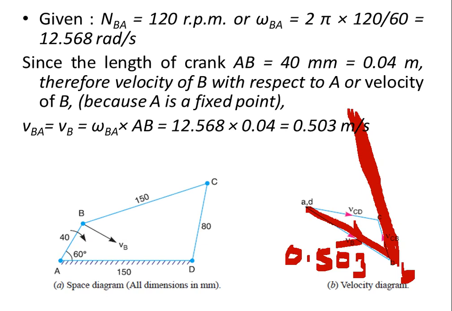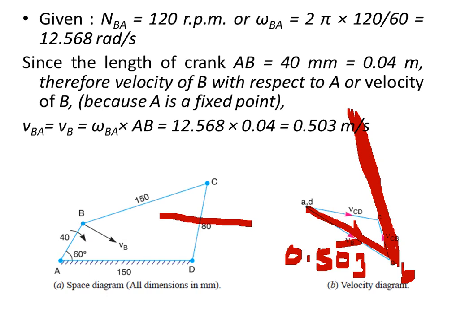Next, from point D to C. So remaining is only one link. Anyway, you will be getting a triangle. You know that AD is nothing but 0 here because it is completely fixed, so velocity will not be there for this. Okay, so perpendicular to DC now. From C to D, the angle is known to you. So perpendicular to this direction means this is the perpendicular to CD.